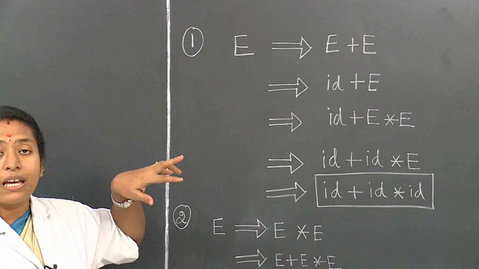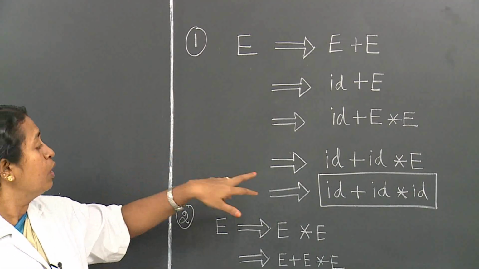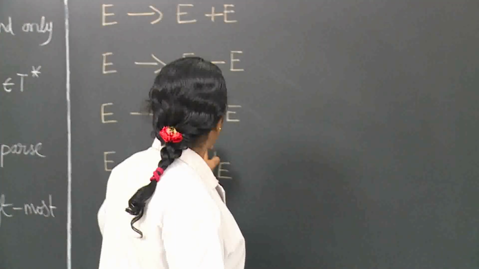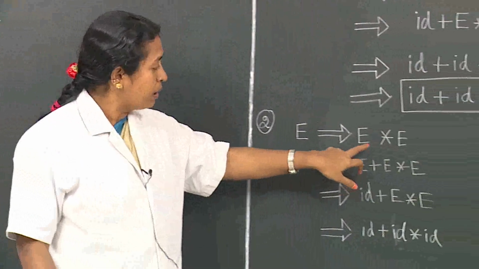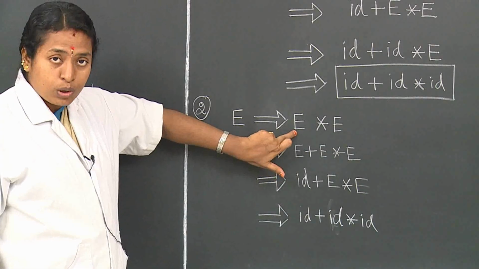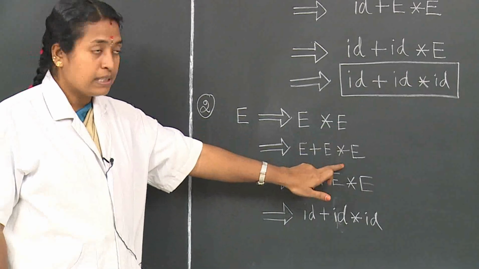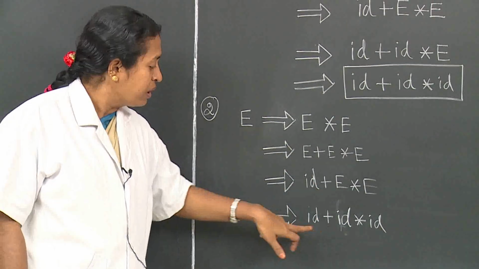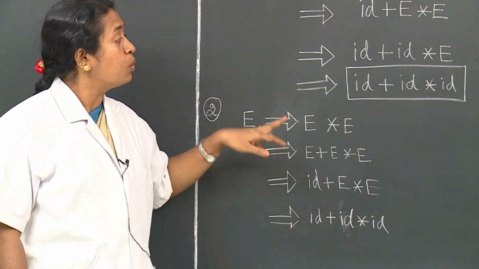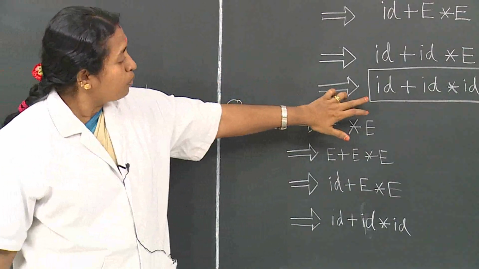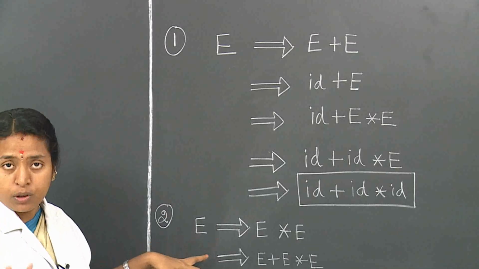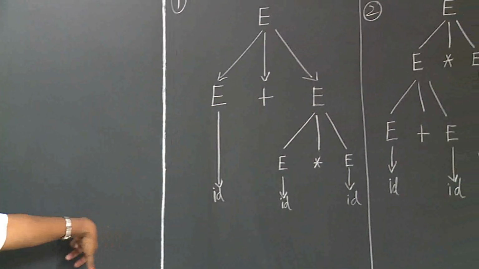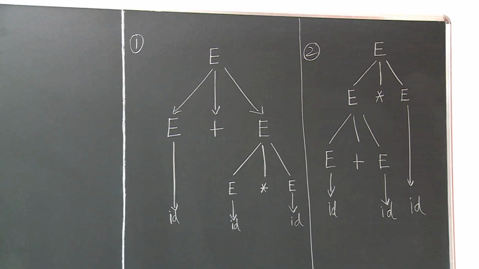Next we can try if there is any more leftmost derivation to derive this same string. Okay. Now we can take the production E star E. From this, what we have to do, we can replace again the leftmost E with E plus E, then star E. Afterwards we can replace each and every non-terminal by the terminal. Finally we get the same string. So for one string there exist two leftmost derivations. Also we are having two leftmost parse trees for the same string. Such grammar is known as ambiguous grammar.